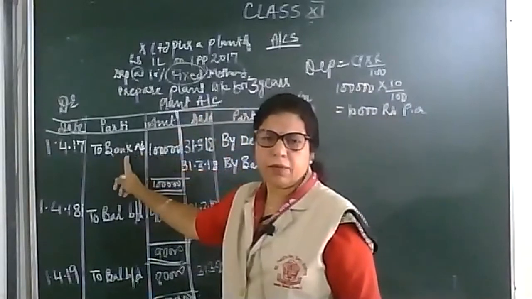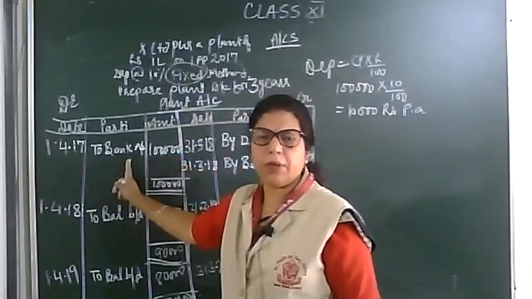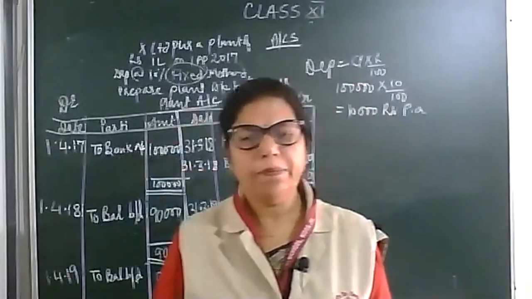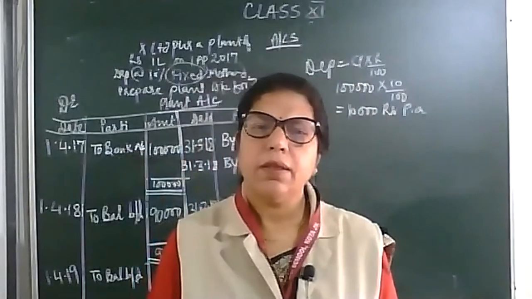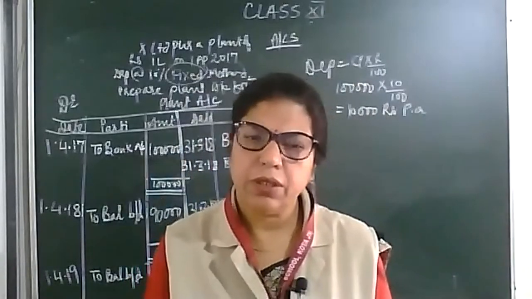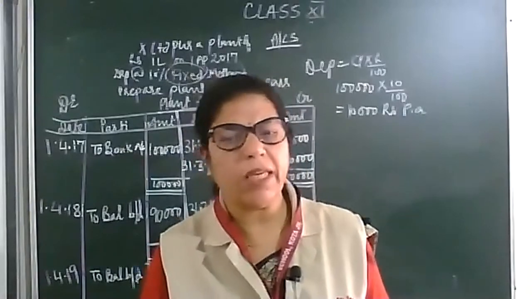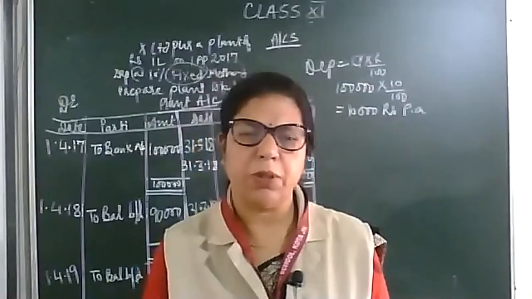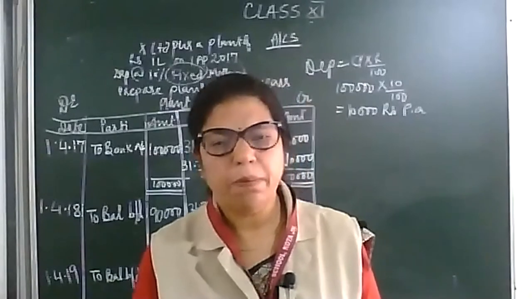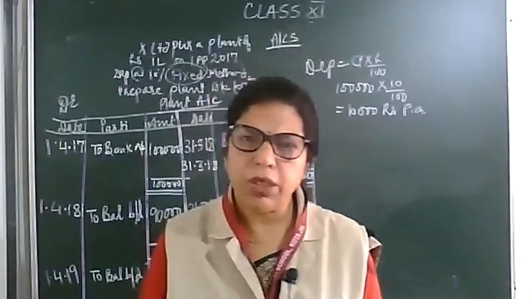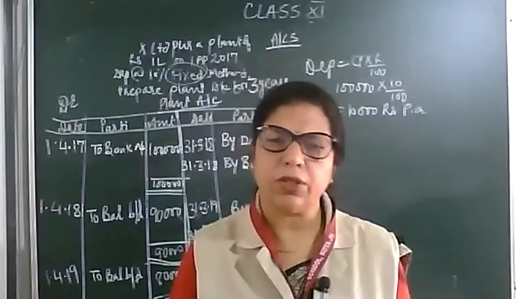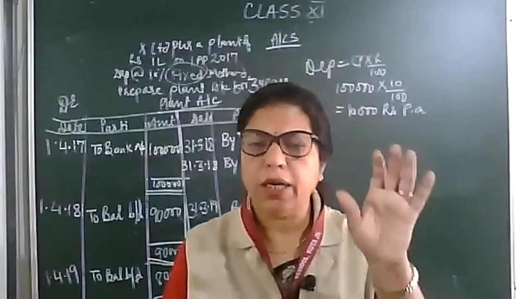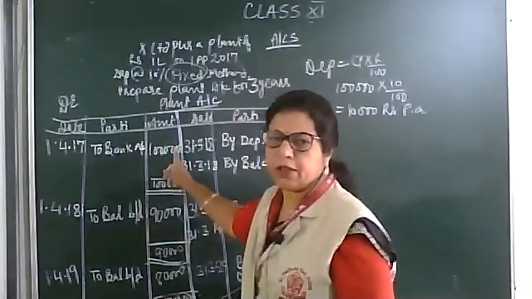And bank balance is reducing, or bank balance is going, so 'to bank'. In a few books, in place of bank, they have written cash. So if the cash payment is being made, you can write cash. But it is always advisable that we should write bank, because according to the income tax act and income tax authorities, we have to make the payment through bank for large amounts. So here, bank 1 lakh.